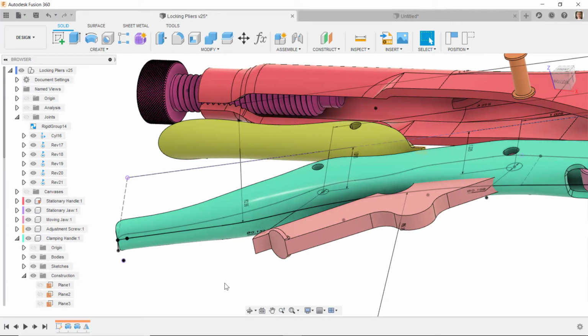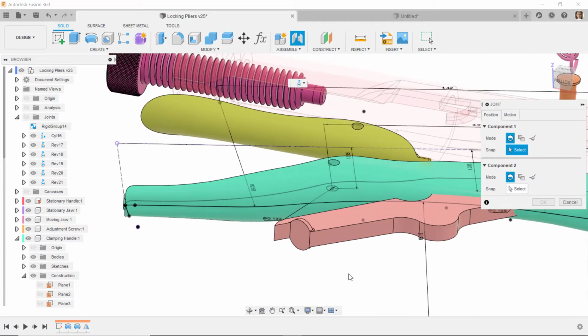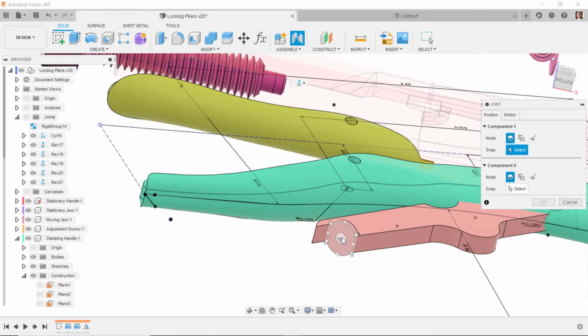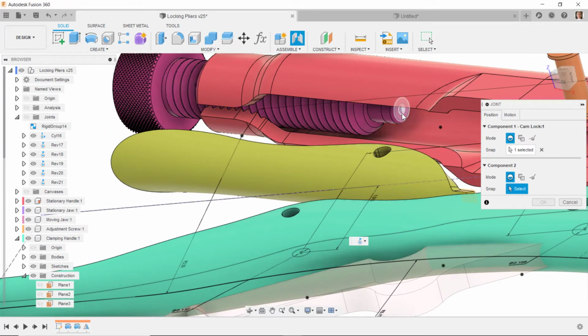So I'll do J for join, and I'm going to select the center of this face, and then I'm going to select the center of this face,